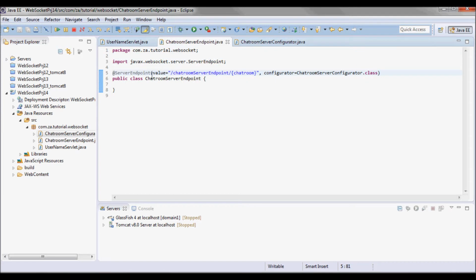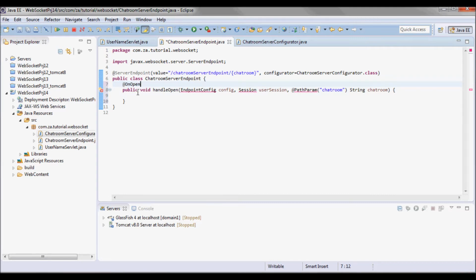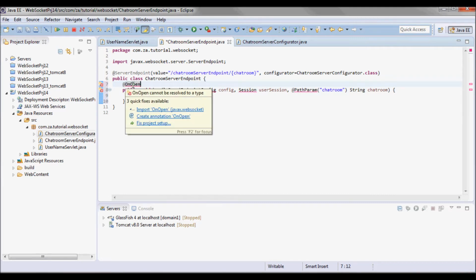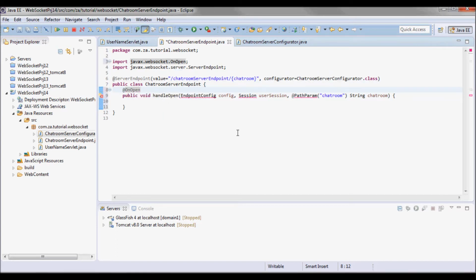Now here, to pick up this path parameter, I'll be doing that in the handleOpen method, which will be called when the connection is established. So I'll annotate it with the onOpen.